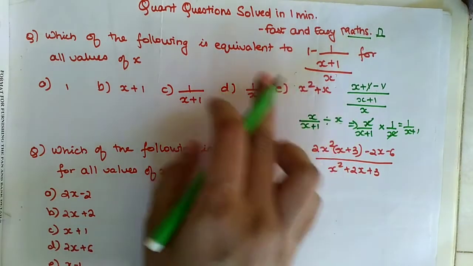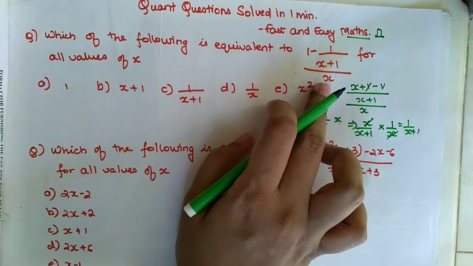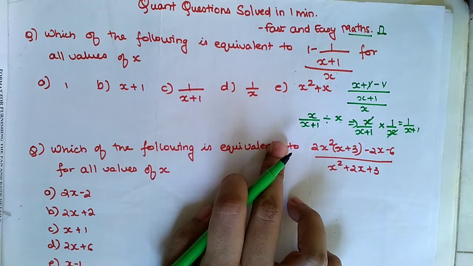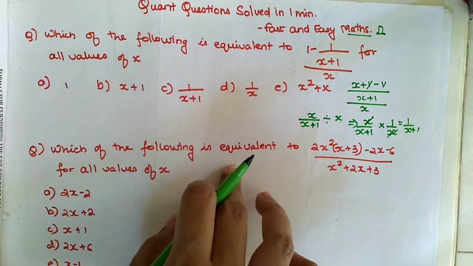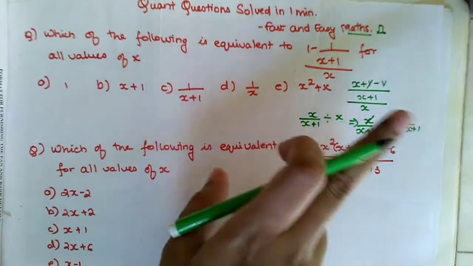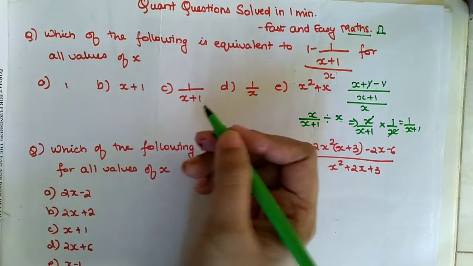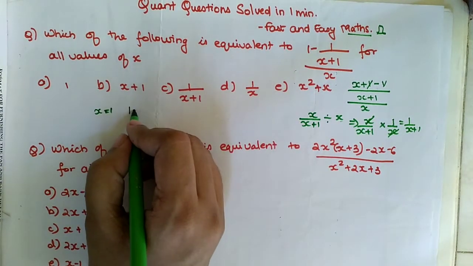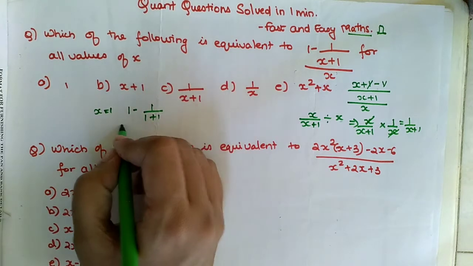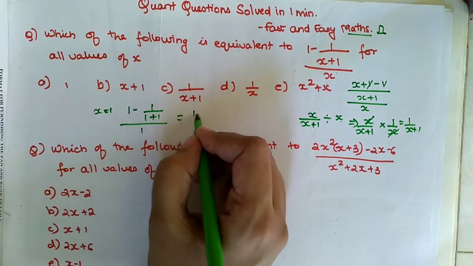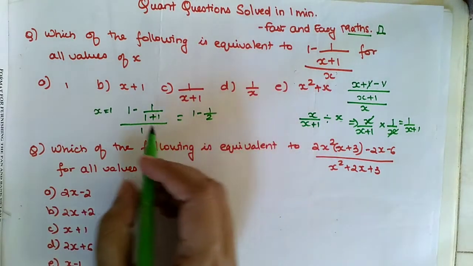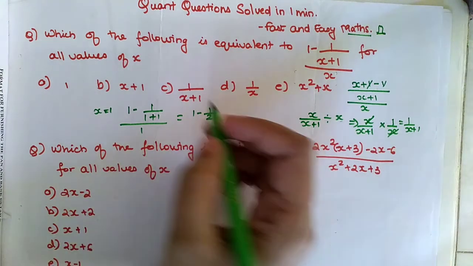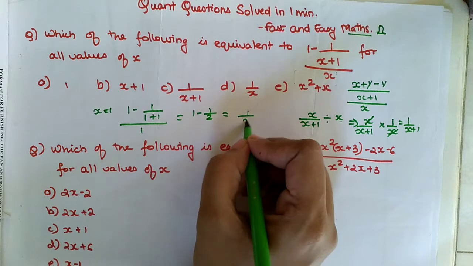Here we can take any value of x except for 0. Why not 0? Because the whole thing is divided by x alone, and any number divided by 0 is taken as undefined in mathematics. So we'll not take the value of x as 0, but let's take x equals 1. Now my numerator becomes 1 minus 1 upon 1 plus 1, and the whole thing divided by 1. So it is just 1 minus 1 by 2, the whole thing divided by 1. Any number divided by 1 is always that number itself. So my final answer is just 1 upon 2.